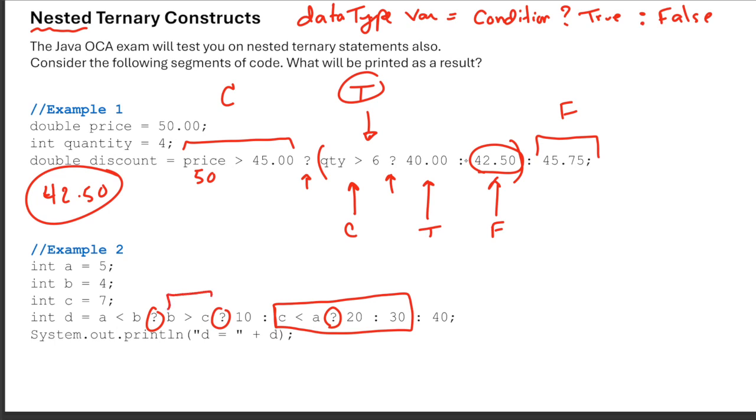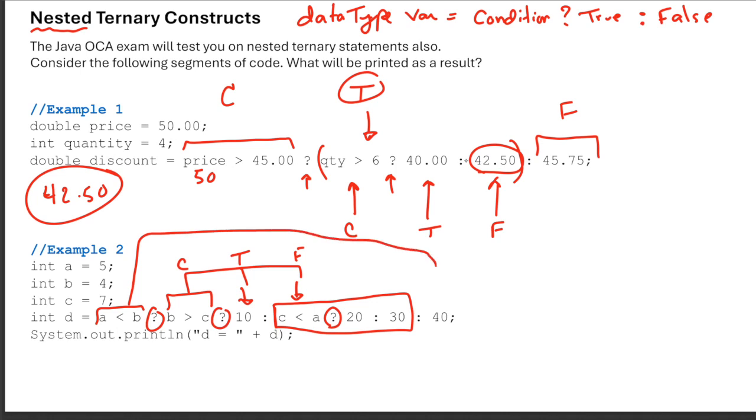So that means this B greater than C has a true result here and a false result here. So these three go together. There's the conditional, there's the true, there's the false. And then here is our outermost conditional, and that's going to get paired up with the false on the end. So there's our conditional, there's our false, and our true statement will be this next statement after it, which is